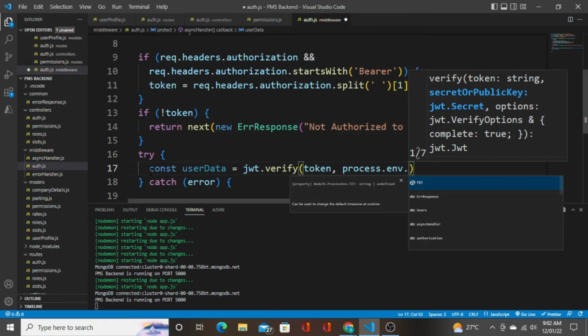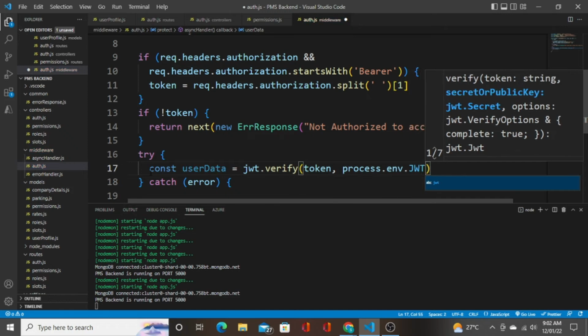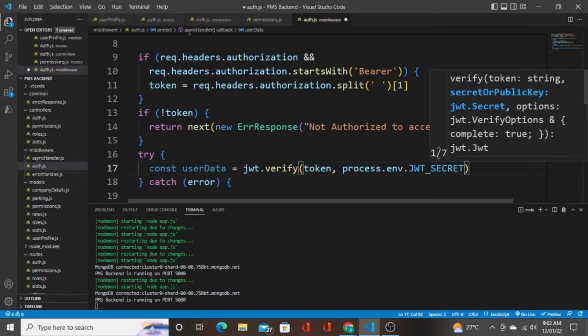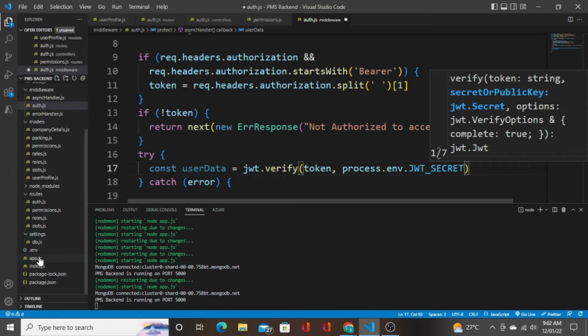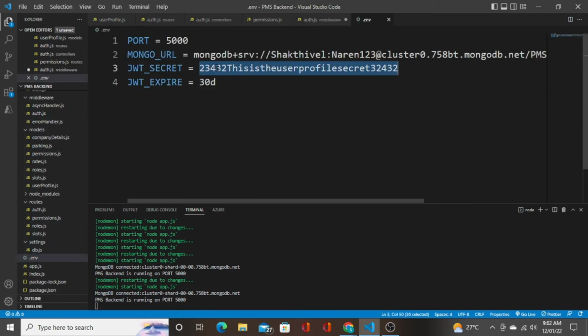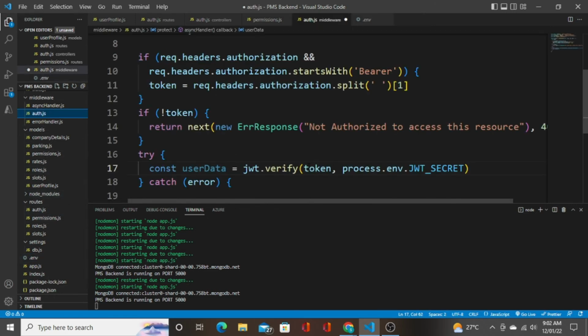So that we have in the env file, it is JWT underscore secret. Okay, so when I go to the .env file, I've already set it. So this is going to be the JWT secret. So the token along with this JWT secret is sent to this JWT.verify function, whereas it takes this token and